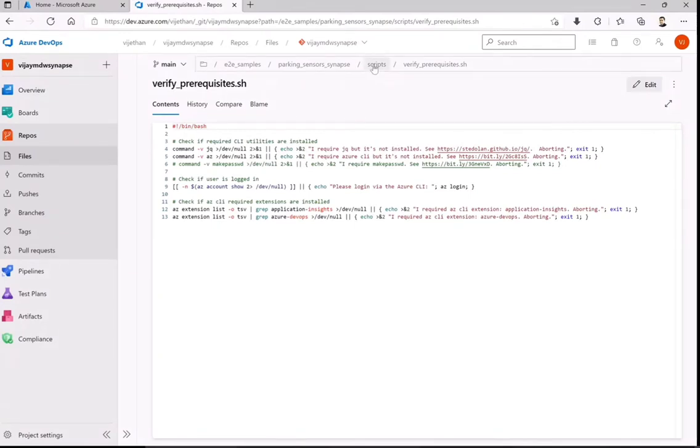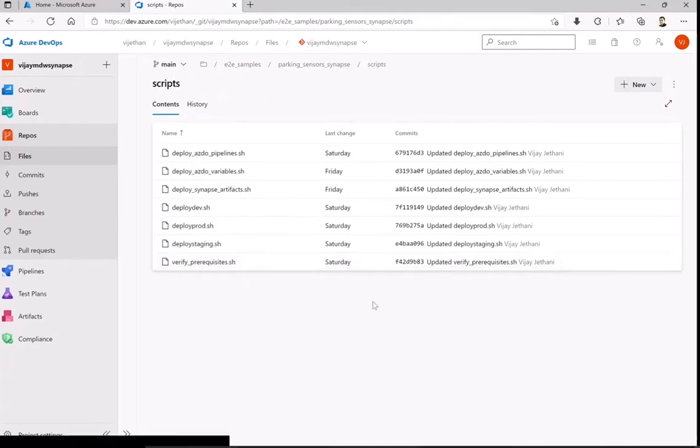Now, another important script is from each stage's perspective, like development, staging, and production. I have separated this out to make sure that maybe for that particular environment you may not require that much compute, or you may not require that much data, or if you want to pass on different data, you should have complete control of that particular environment with you. So development, production, and staging are separated. The reason is for that only.